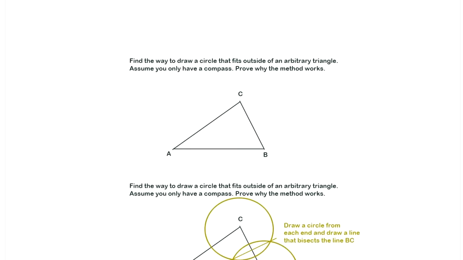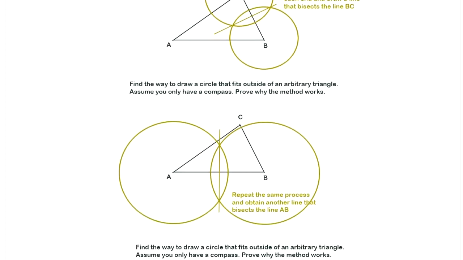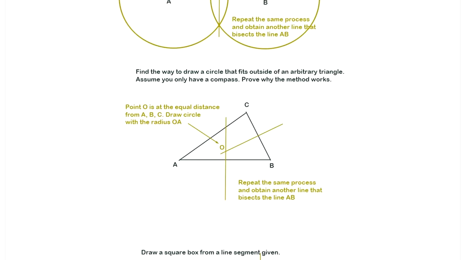Find a way to draw a circle that fits outside of an arbitrary triangle. Assume you only have a compass. Prove why the method works. Okay, so find a way to draw a circle. Let's go step by step. Find the midpoint of BC by drawing two circles, and find the midpoint of AB, drawing two circles, and